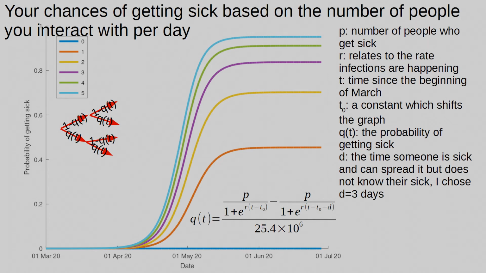If we interact with only one person each day, and that person doesn't include someone in your house who doesn't go out and is just spending time with you, it's only external or different people, you're looking at about a 45 to 50% chance of getting sick. If you go to 2 people per day, 60 to 70%. 3 people, you're up to 80. 4 people, 90. 5 people, 95. And as you get even more than that, it pretty much goes up to you're guaranteed to get sick.